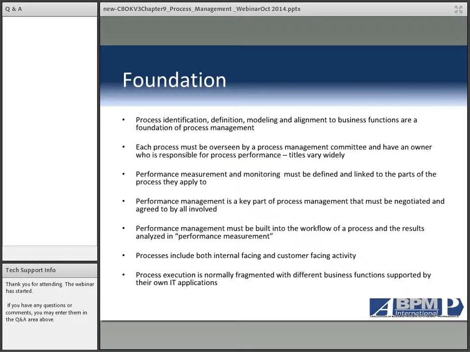The key to creating this foundation is, once we understand who's involved, what those business units are, and how it all fits together, who, what, when, why, where, and how of it, we can then start to put together a process management committee. And that committee needs to be formed from the different department managers and business unit managers who are involved, so that each feels that they have a contribution and a say in what's going on.